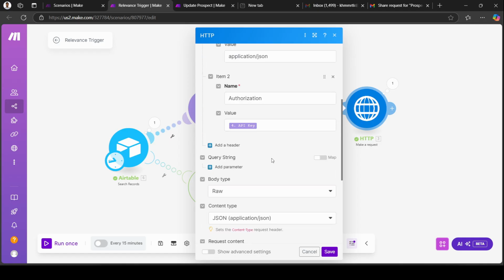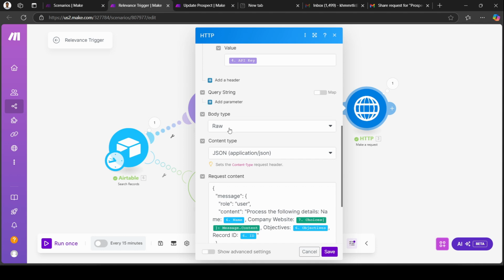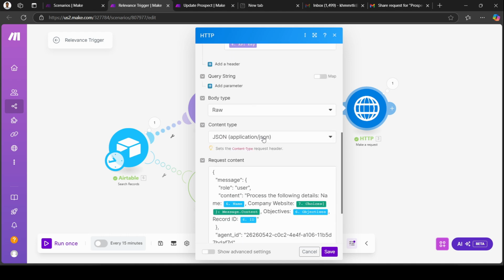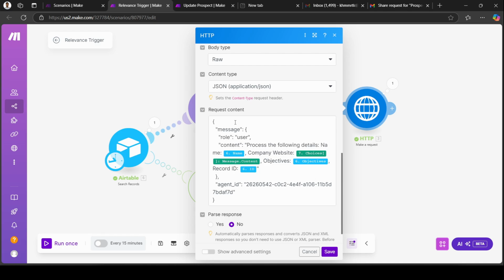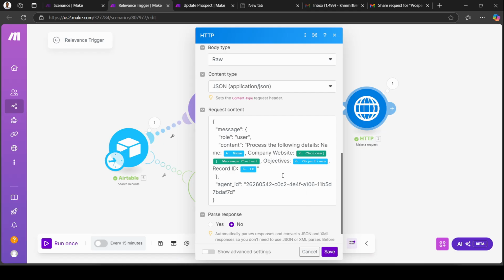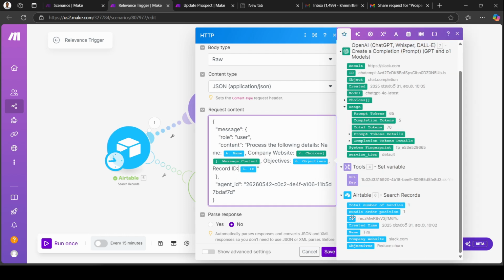And these are the two headers, and then we need to select body type raw, content type application/JSON, and then we need to add our request body. You can simply go here, this is the request body, you can paste it, and if we need to add our own data, paste it here. These are the messages, role is user, content: process the following details. Name we got from Airtable, this is the company website, this is the objectives, and this is the record ID. This is the record ID,